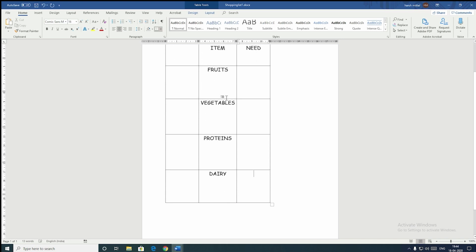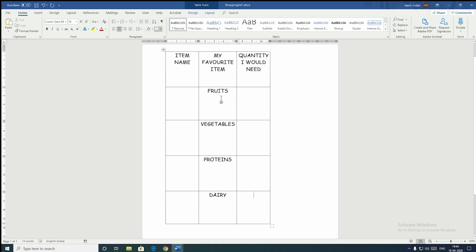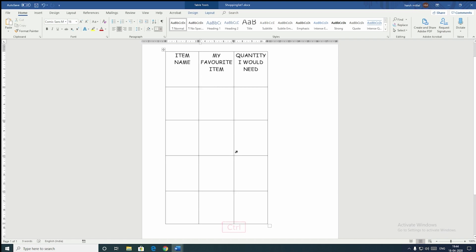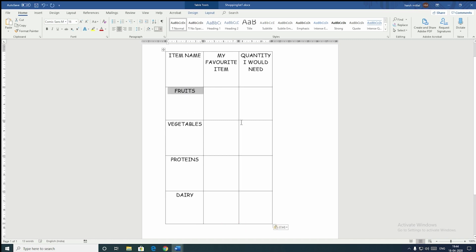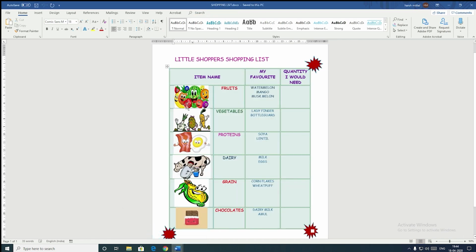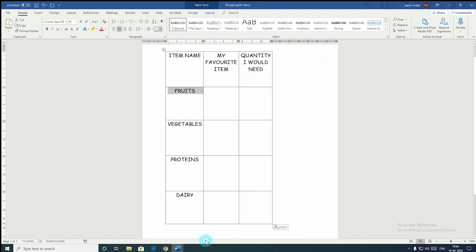Alright, now I find that my number of columns are less because here it should be item name. So one thing I'll do is I'll select these from here and I'll press Ctrl X, that is I've cut, and here I'll press Ctrl V, that is I have pasted. But here if I compare this with my original list, there are pictures also. So I need a column for the pictures also, and I don't have a space here.